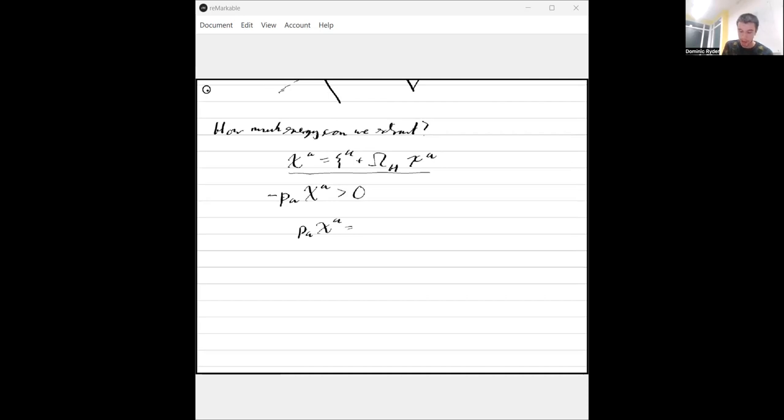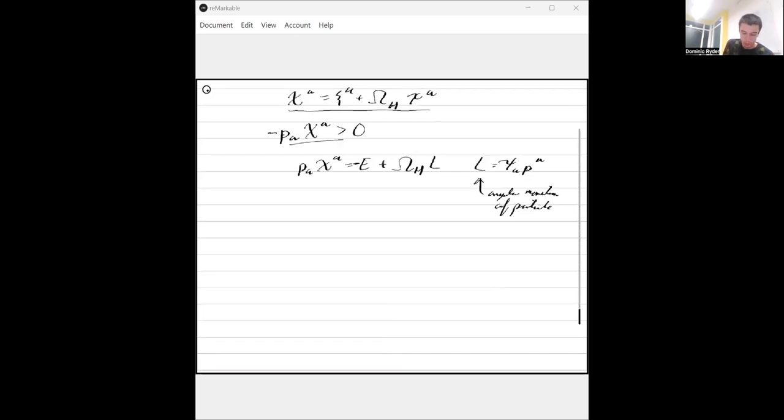p_a chi^a equals p_a xi^a plus omega_H p_a psi^a, this is E, omega_H L, sorry, the minus sign here, I think. Well, I might have lost some signs, but we're defining L as equal to psi^a p_a, which is the conserved angular momentum of the particle. So you can double check my signs as we've gone through, but you end up, when you apply this, with E minus omega_H L has to be positive. Which means that, of course, L is less than E over omega_H,